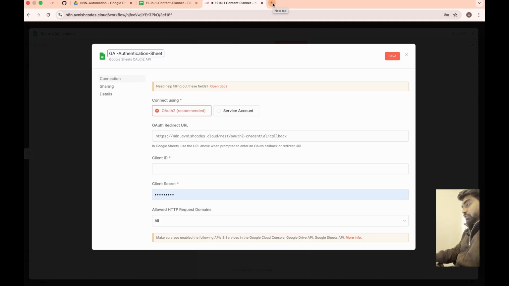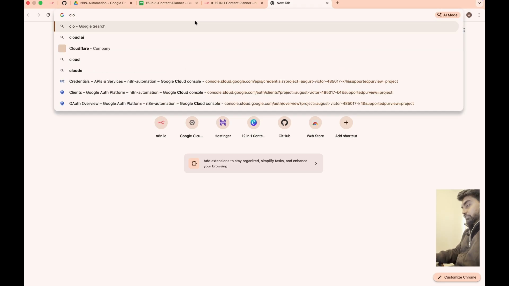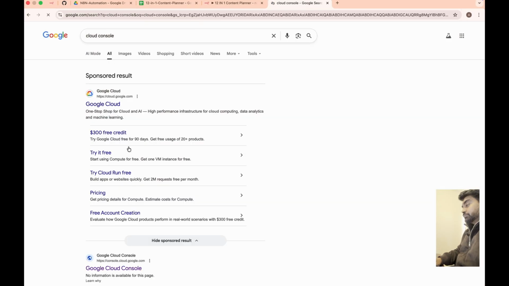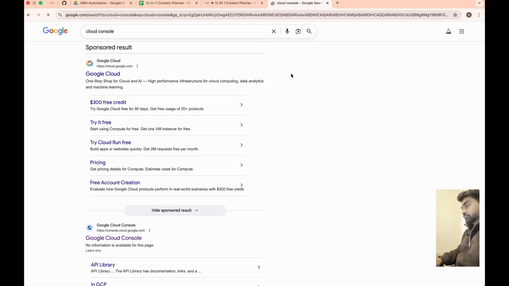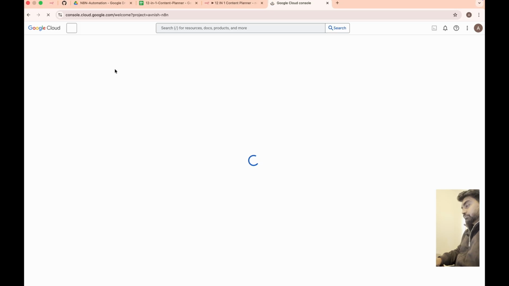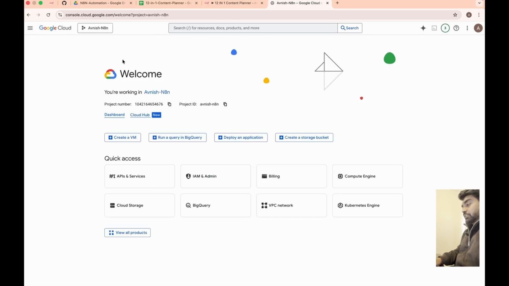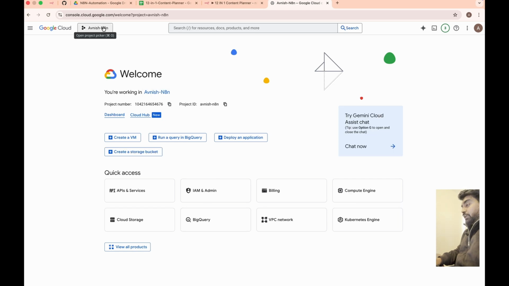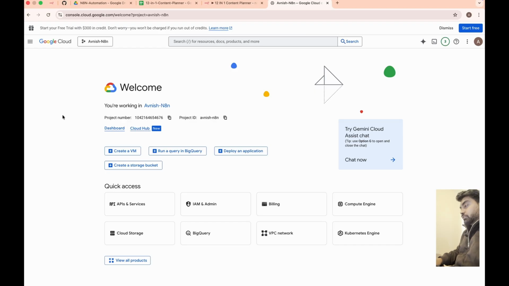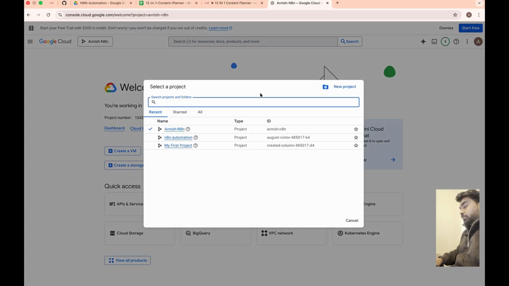Go to your Cloud Console. In Google, search in the search box for Cloud Console and click on the first link. You will see something like that. If you never created any Google Cloud project, then there is a sign up screen where you can sign up and then you just have to create a new project. To create a project, you can click on create new project by clicking on this button, and if you have any projects you will see the list of projects, and if you don't have any you will see My First Project as the default project.